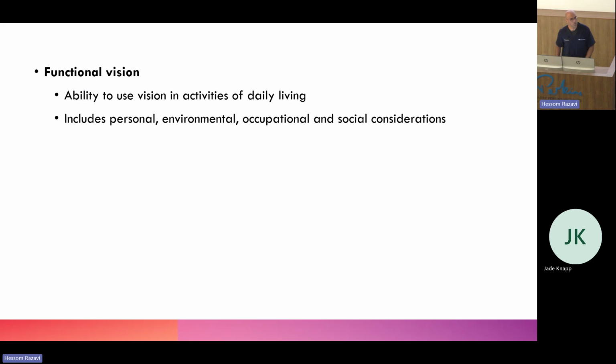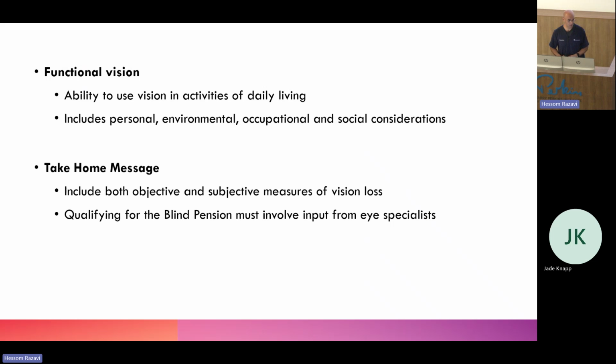So aside from those sort of clinical and legal definitions, then there's functional vision, which is also really important. So this is how well can they see to perform their activities of daily living? And so this includes personal, environmental, occupational considerations. So the take-home messages include both objective and subjective measures of vision loss. So I might say,